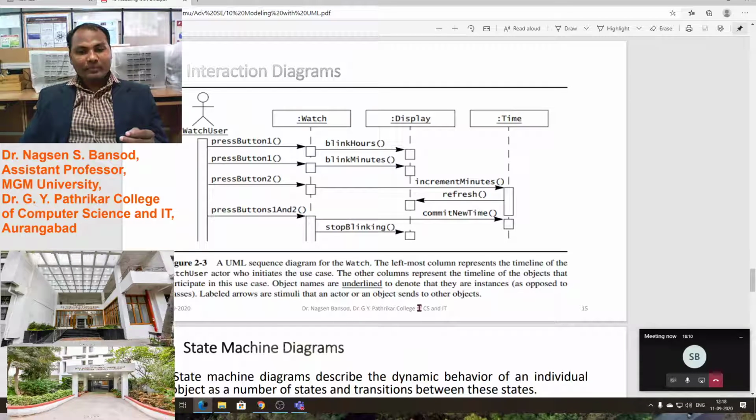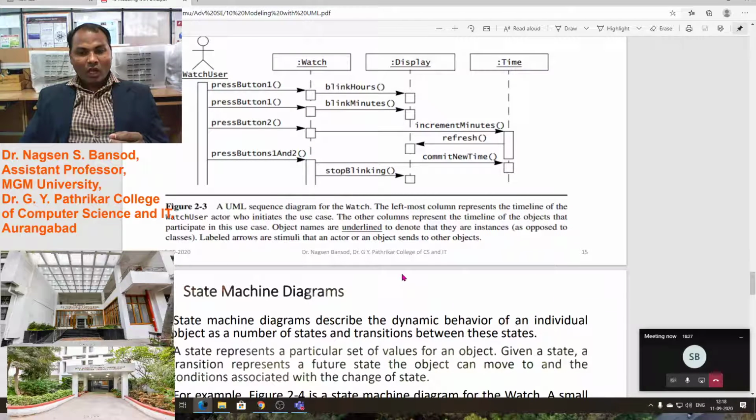The other columns represent the timelines of the objects that participate in this use case, and object names are underlined to denote that they are instances as opposed to classes.